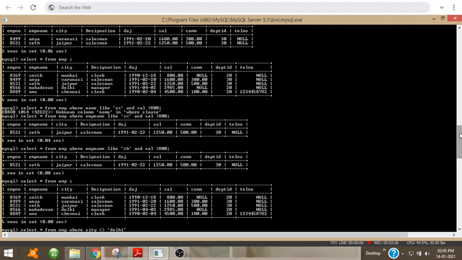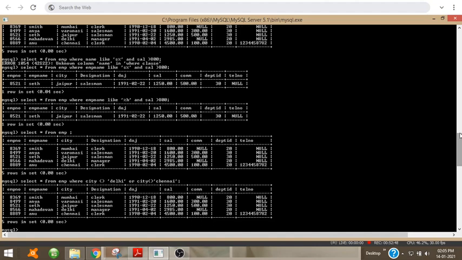So or city not equal to Chennai, Delhi or city not equal to.